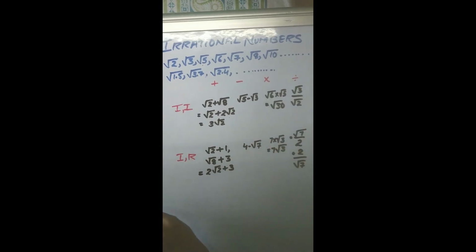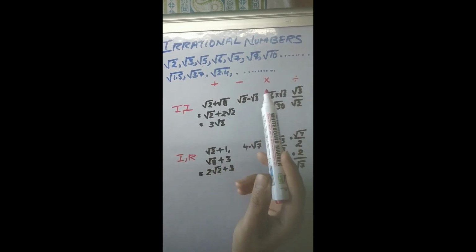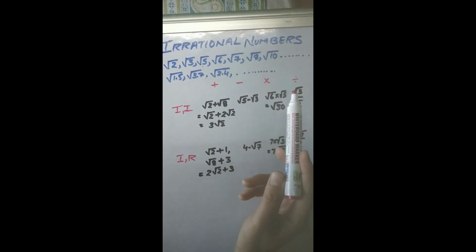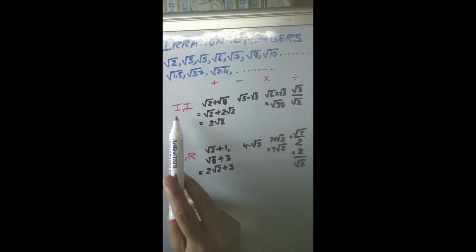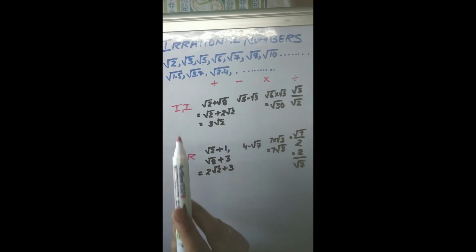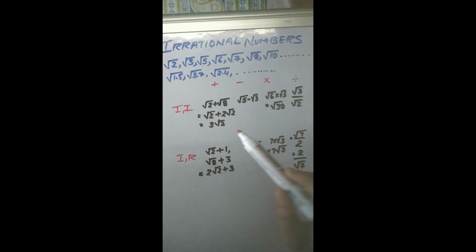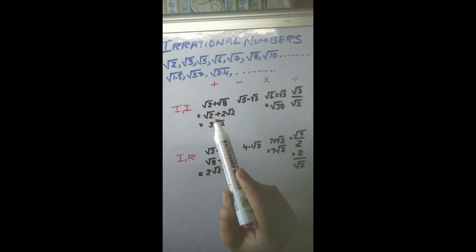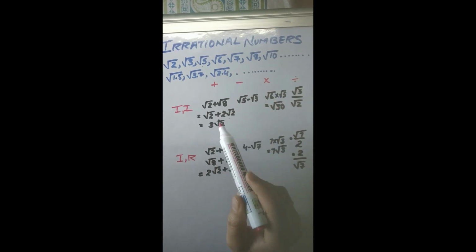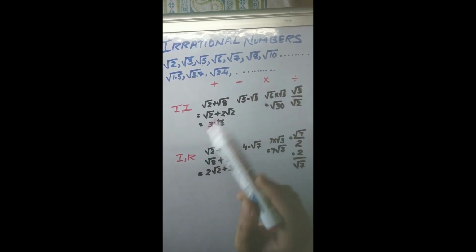And then we learned to operate them under the four basic operators. We learned how to operate irrational with irrational, and irrational with rational. Basically, there is no such difference, but we do know now how to operate them. So I'm just discussing here some more irrational numbers which we got as a result of these operators.